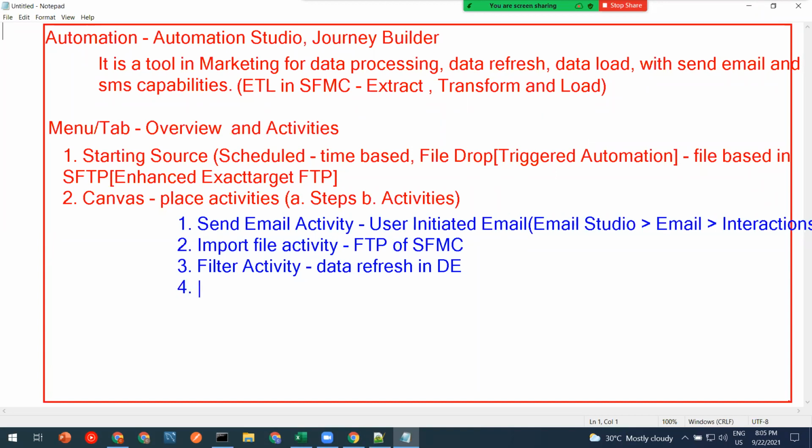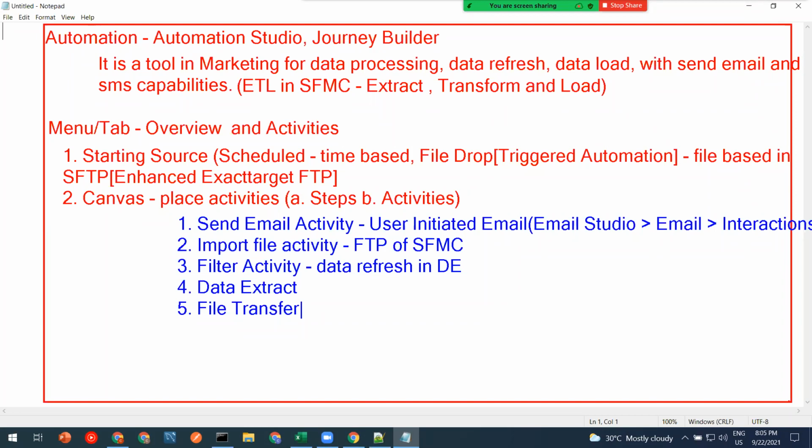Coming to the fourth point, we have the data extract activity. I would like to explain more on this one. The fifth one is known as the file transfer activity. These two activities are most of the time used together when we want to send any data from SFMC to FTP.